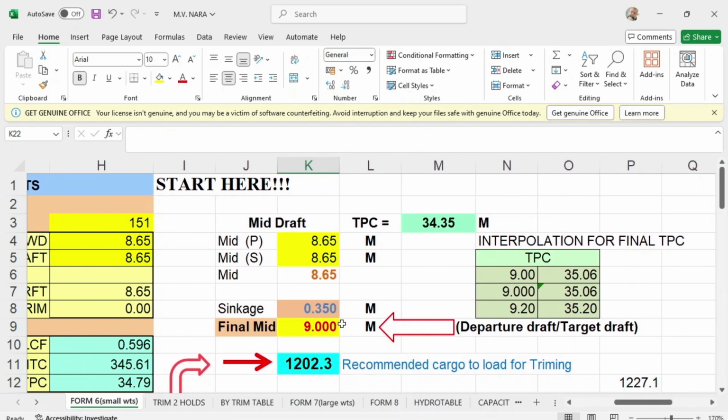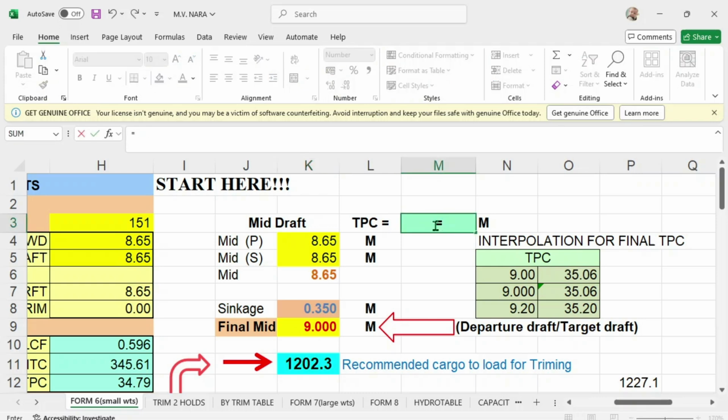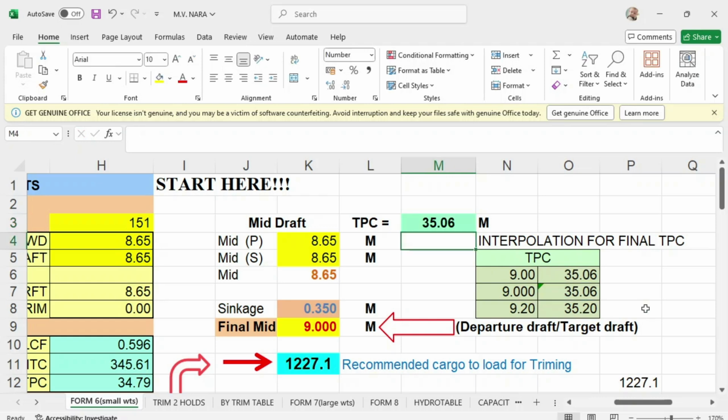Because your actual draft will be based on 1.012, and the departure draft will also be based on 1.012. Since this is a draft for 1.012, I will just put this in this way, plus, and fill in the actual TPC of 35.016.